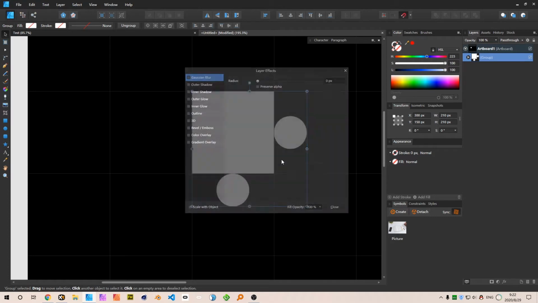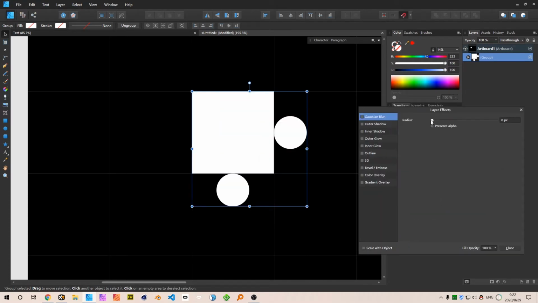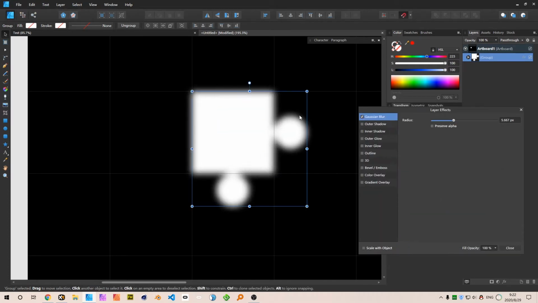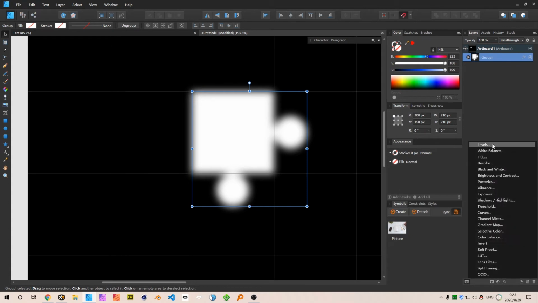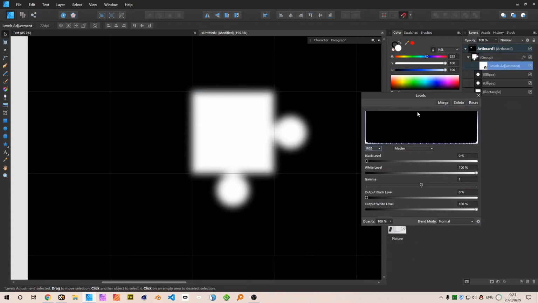and I want to give it a Gaussian blur, and now you can see our edge was turning rounded, but its edge was too blurry, right? We want to sharpen it a little here. How can we do it? Well, in fact, you can use the levels filter, but you can see there is no effect because